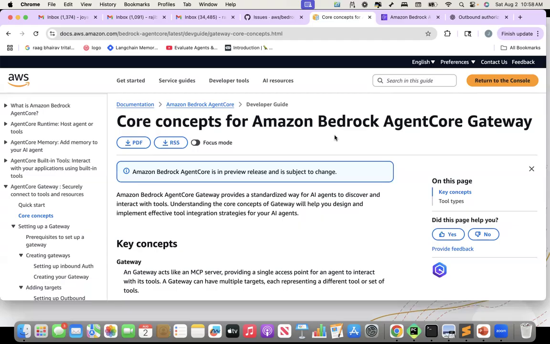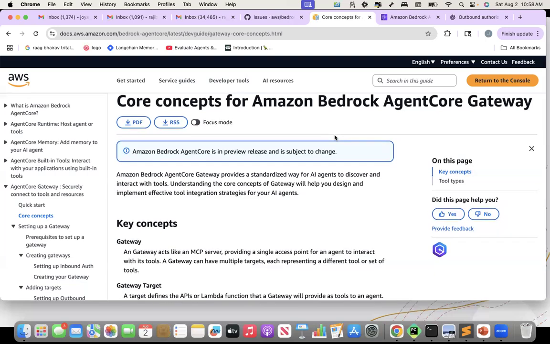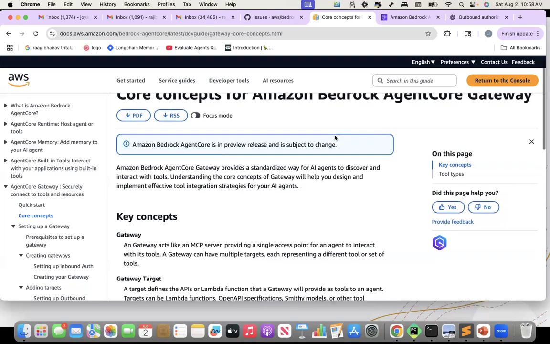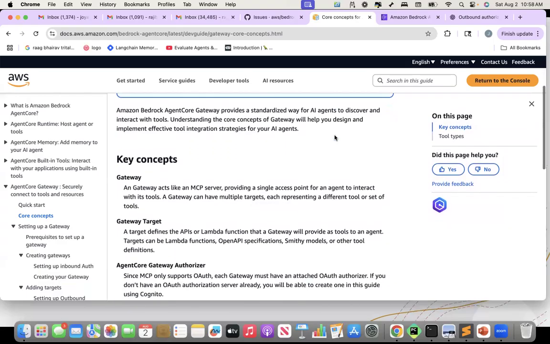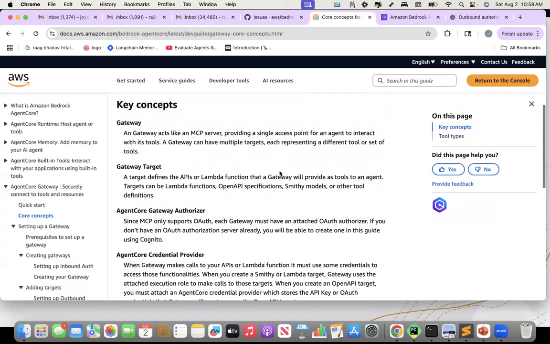Whatever I have understood by going through the documentation, writing some code based on the documentation, that is what I will share, right? Now, the core concepts of Amazon Bedrock Agent Core are this, right? So there is a gateway component. So the gateway acts like an MCP server. So gateway is that managed MCP server, which provides a single access point for an agent to interact with its